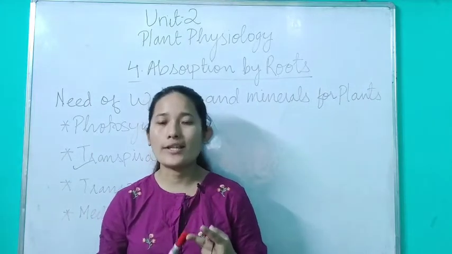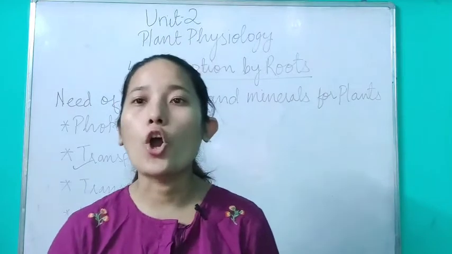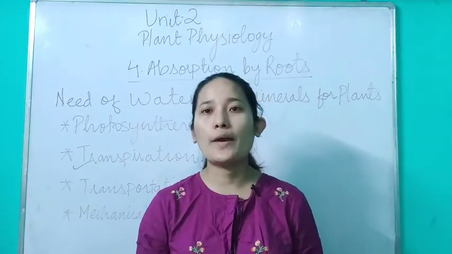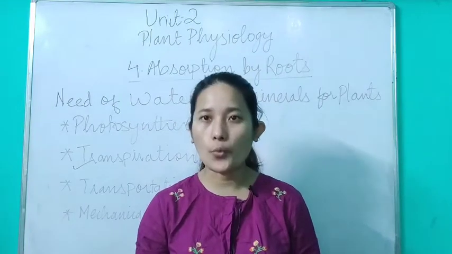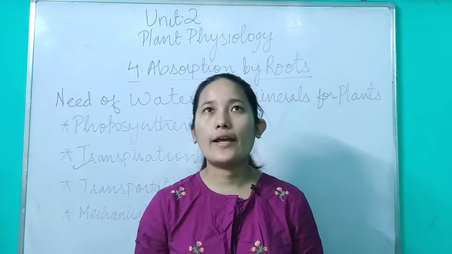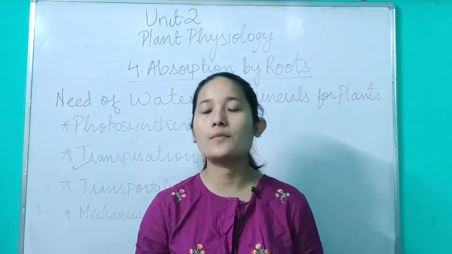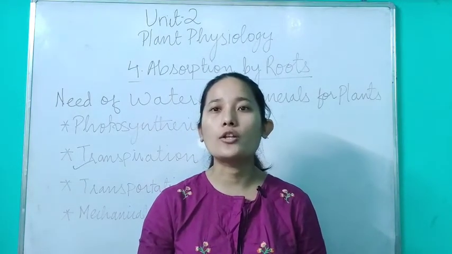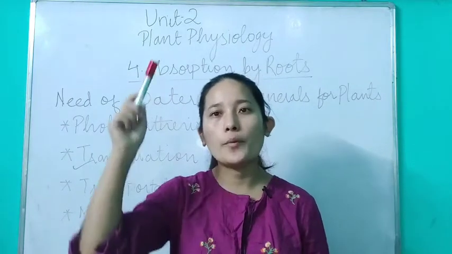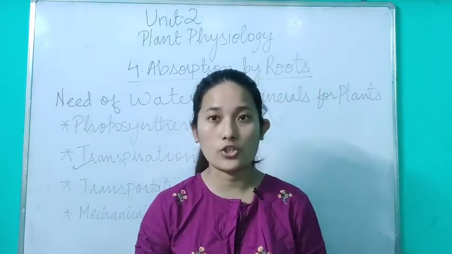Next, the second one, transpiration. What is transpiration? Transpiration means loss of water from the surface of the leaf. So it provides a cooling effect during hot weather, and also provides a suctional force. That means it helps in the transportation of water to tall plants. In order to reach the top of the plant, a suctional force is produced because of the transpiration.